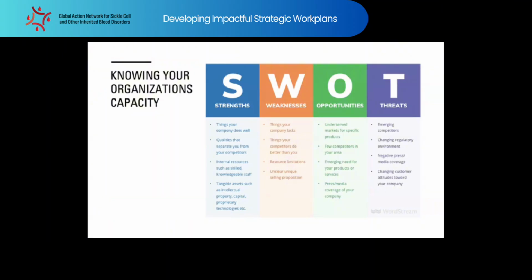So opportunities include: what are ways that we could leverage the press or the media or the lack of competition, or the needs and how they match with the strengths of our organization. And then your threats include: what are things that could harm your organization? Emerging competition, other organizations that exist that have different skill sets, changing environment with policy or the government, negative engagement,